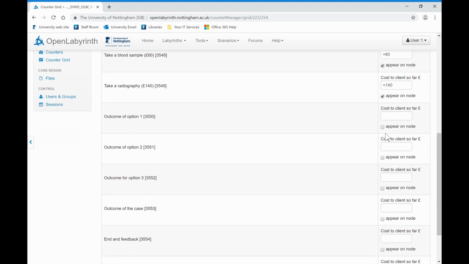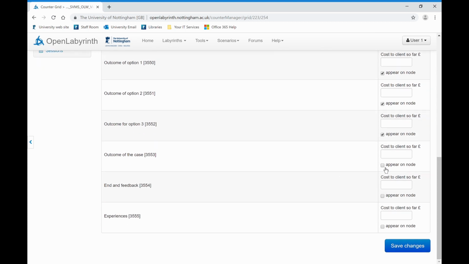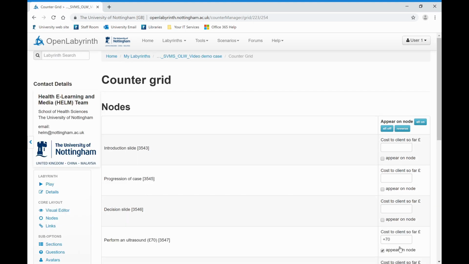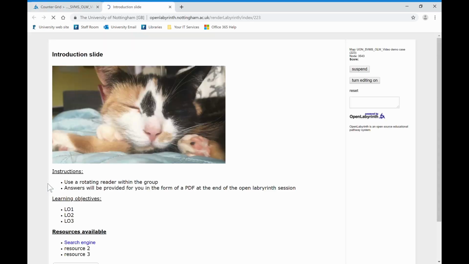I want the cost to continue carrying through the case on all of my outcomes so the students can remember how much they've spent, and I also want it present on the outcome of the case. It doesn't need to be present for the end and feedback or for that slide, so I'm going to click Save Changes. So now to check that that works, if I go onto the left hand side and click play,